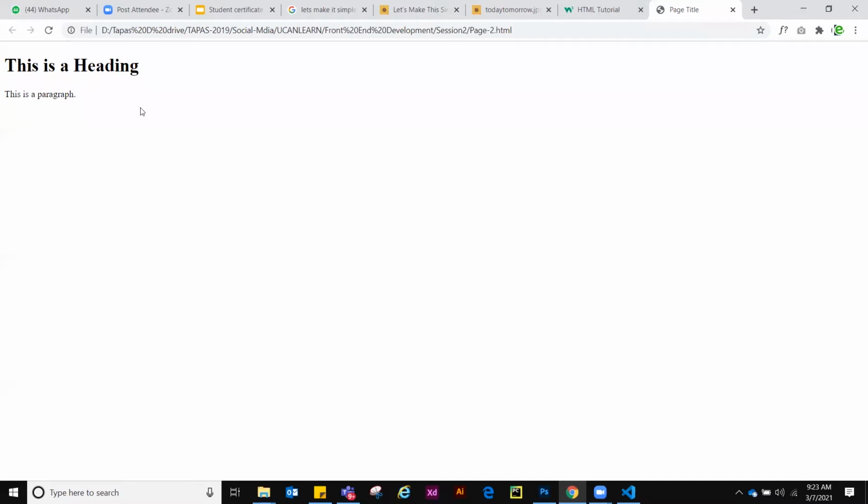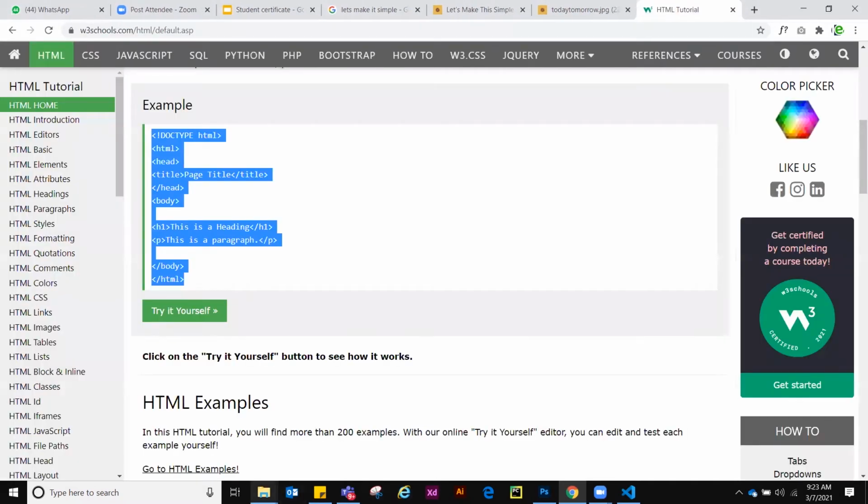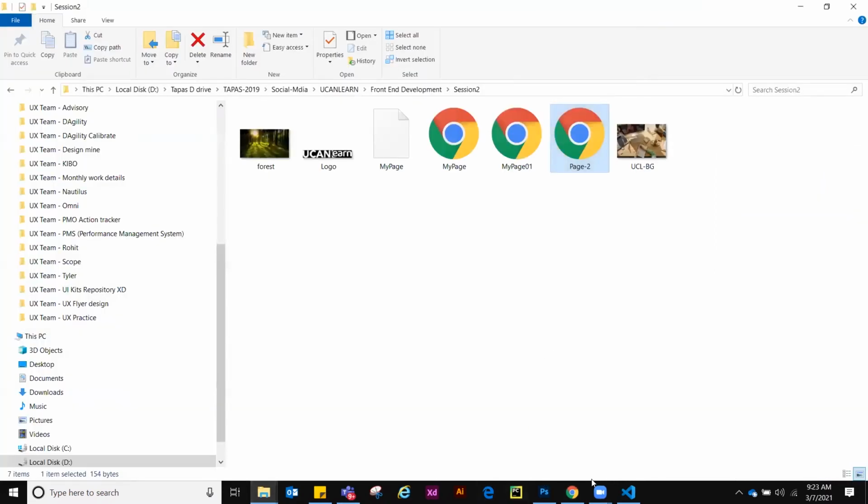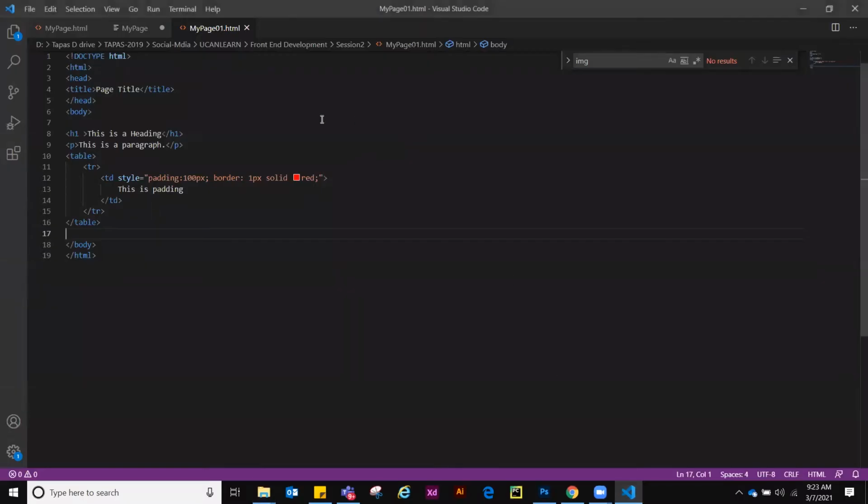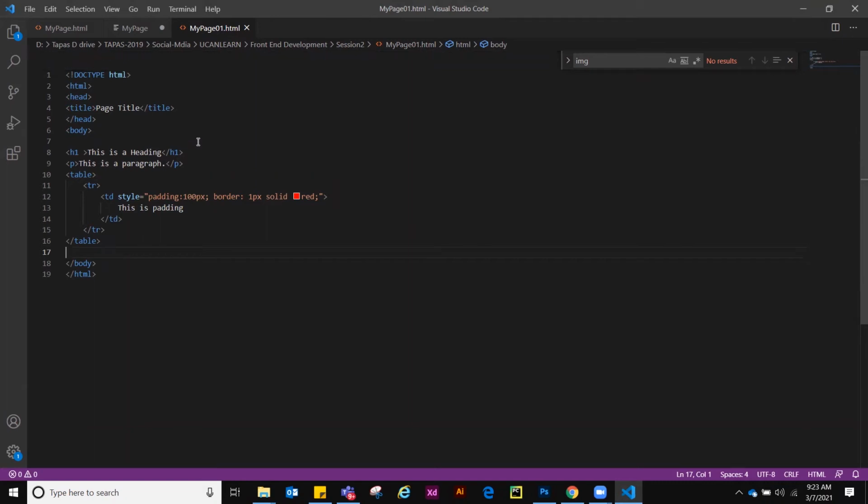I think the page is not getting refreshed somehow. It happens sometimes, so you have to close it, go again, and in this case you always have to check that you are writing on the same file, because in this kind of IDE all files look the same. Now see the problem: I am writing the code in my page 01.html, right? And in the browser what page was opened? My page 2 was opened, right?